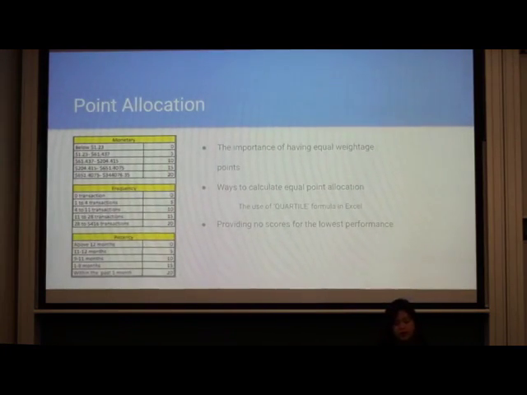Equal point allocation is an important aspect in calculating the RFM. Therefore, in order to measure the data more accurately, the points allocated in the table consist of the same weightage to show equal importance of each recency, frequency, and monetary score. By using the quartile formula in Excel, we have created equal quartiles with each differed by 5. Moreover, we made the decision to not provide any scores to the lowest performance,